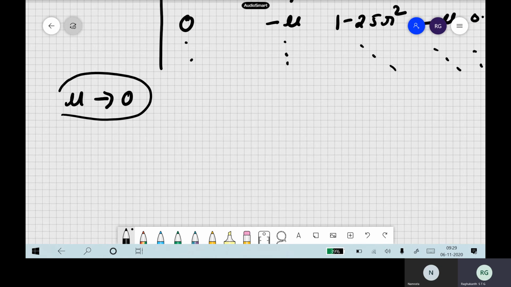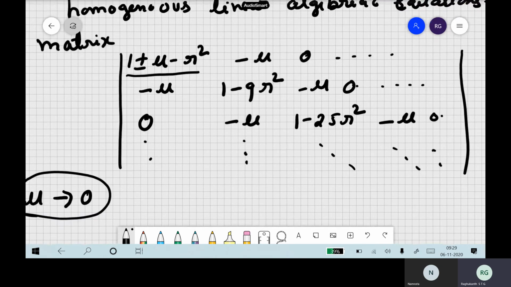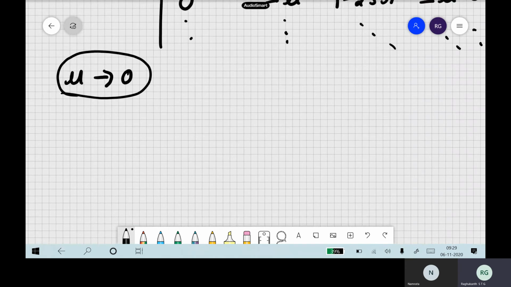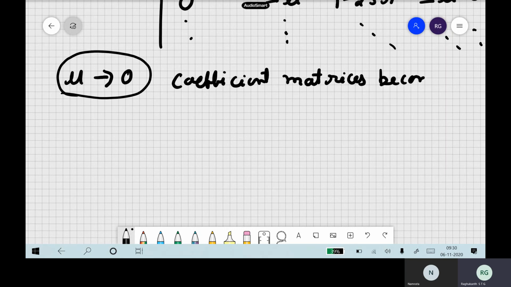It's not 0, but if it is very, very small, what happens to these equations? What happens to the terms here? See, when mu is 0, that is the amplitude of the load. If it is very, very small, what happens to these matrices? They become a perfect diagonal matrix. So mu tends to 0. This equation is very complex, but it is most important. The coefficient matrices become diagonal, the matrices here.